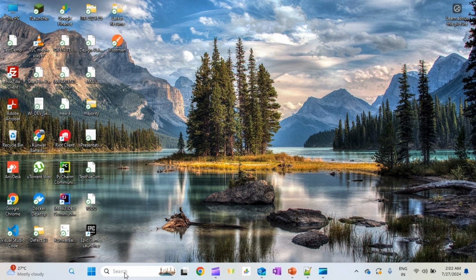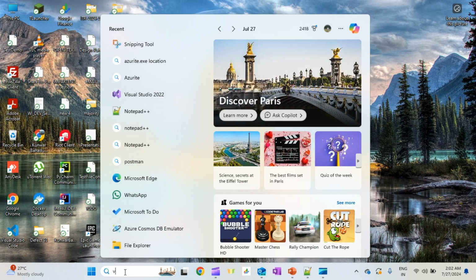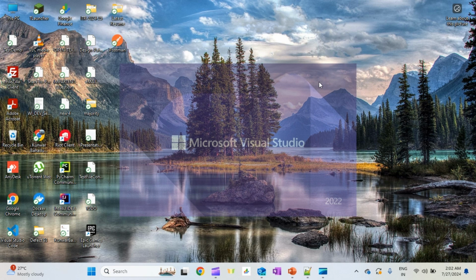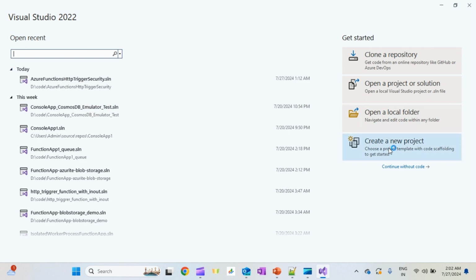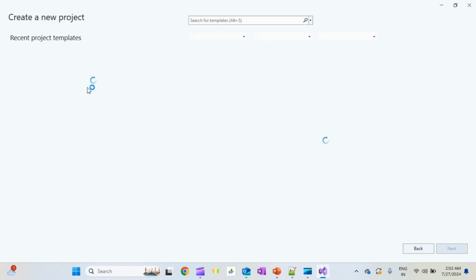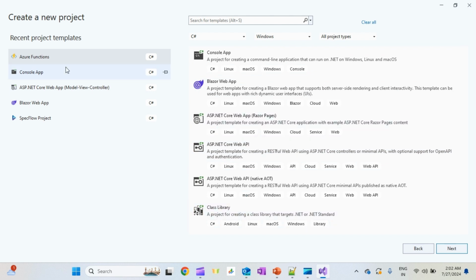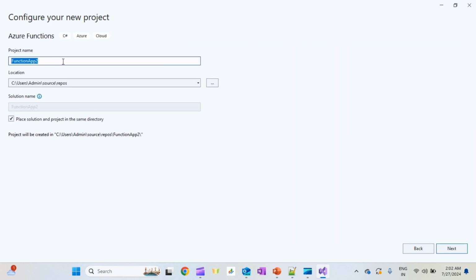So what I'm going to do is open Visual Studio and create a new project, and then I will select Azure Functions. I will create new, and for the project name I'll give HTTP triggers with security tutorials, right? And I will change this repo. Okay, and next,